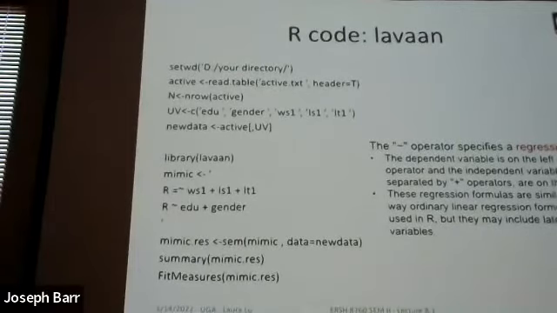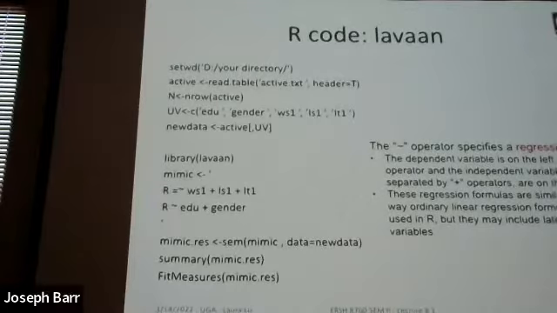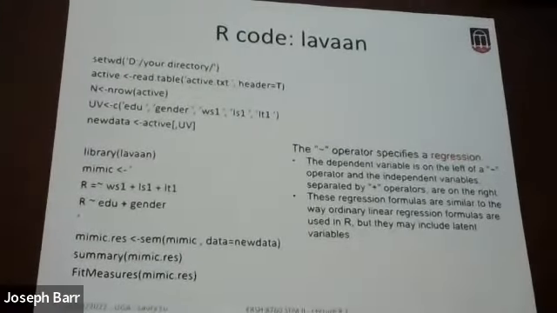The name of the data is different, because for this data set we have the title, active, and we have more columns in this bigger data set. And we pick some of these. Okay, we pick EDU, gender, WS1, LS1, LT1